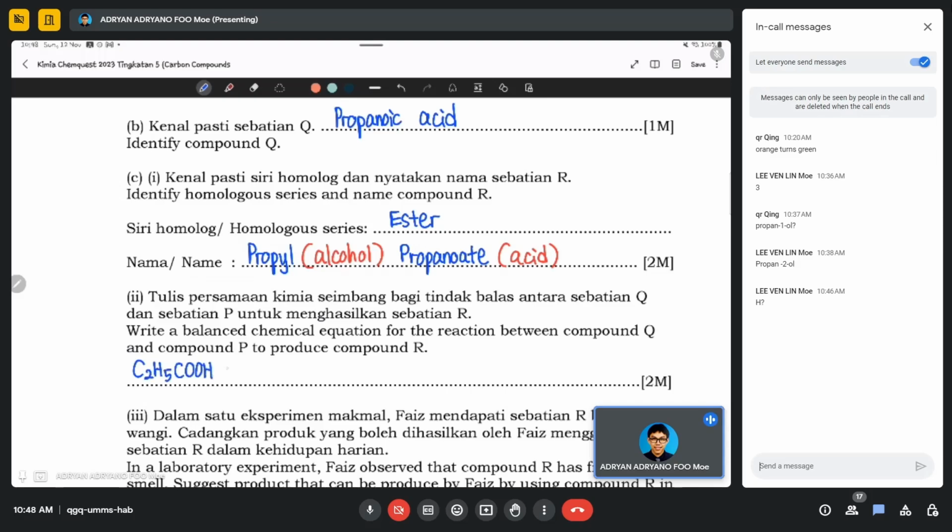C2H5COOH. Propanoic acid plus with propanol